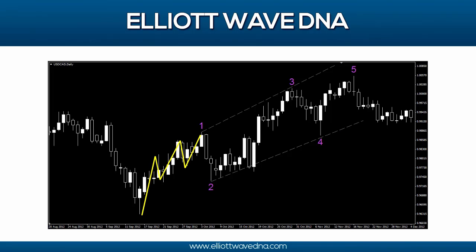Now, inside of wave 1, we can see a 5-wave move, and if you look closer, you will probably see that over here also we have some sort of wave 4 entering the wave 2 territory. And since this is wave 1, we can say this purple wave 1 was itself a smaller leading diagonal pattern. After that, we had a pullback in wave 2 that was a nice and deep pullback,